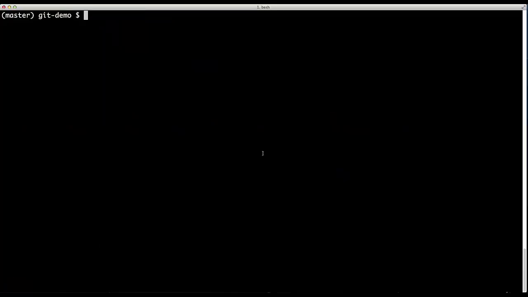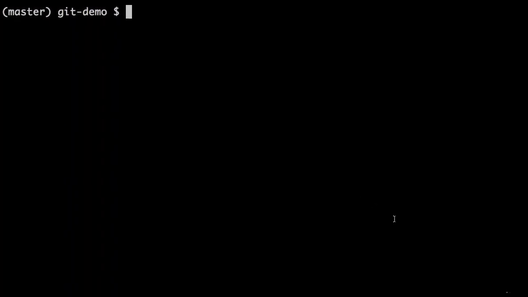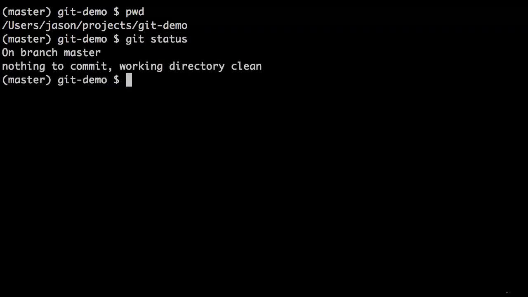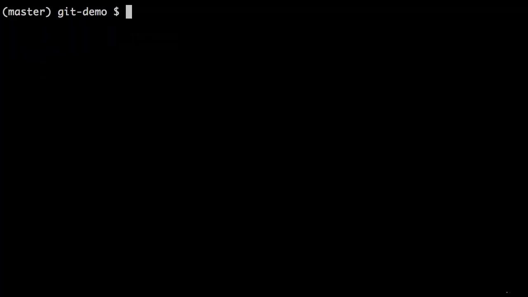Let's work through the working directory changes, adding to staging area, and finally committing workflow a few more times. So again, if I do pwd, you can see that I'm back in the Git demo project. If I do git status, I have a clean working directory. So I'm going to clear. Let's add a new file. So let's say for this project, I want to create a website. So I'm going to use mate to create a web page. So I'm going to type mate, and I'm going to call it